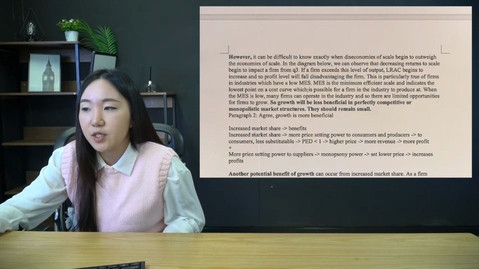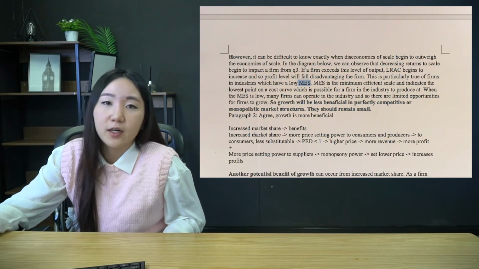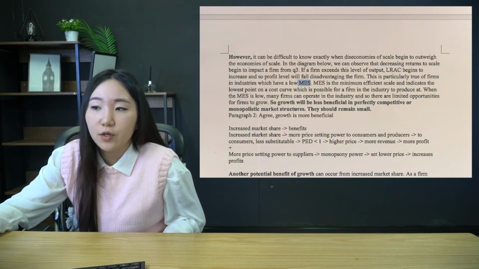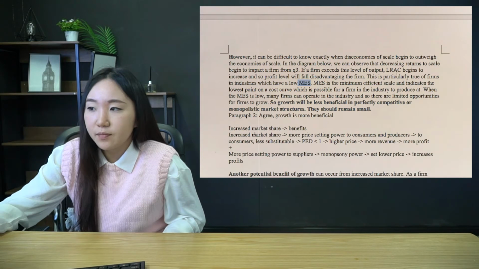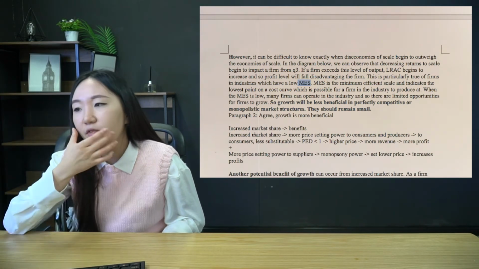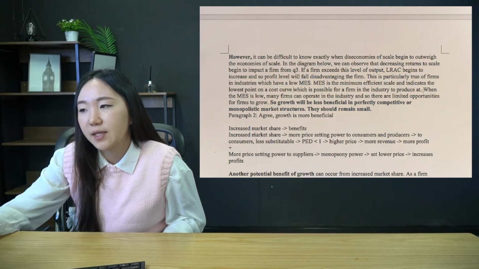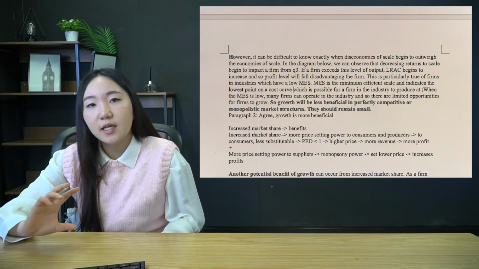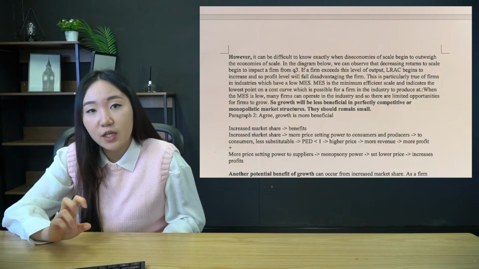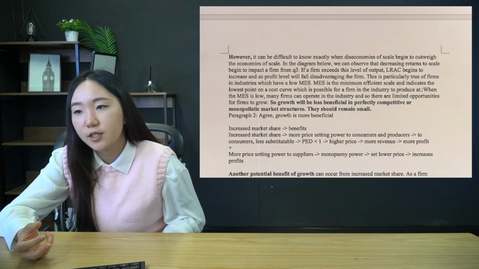MES is the minimum efficient scale. Whenever you've got an acronym for something like this, you've got to explain it, okay? So LRAC, you can't just never mention that. MES is the minimum efficient scale and indicates the lowest point on a cost curve which is possible for a firm in the industry to produce at. So you can see I've incorporated yet again some definitions, which is showing my knowledge